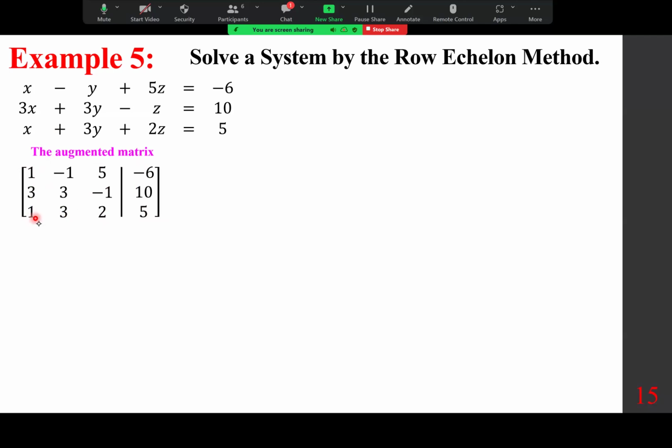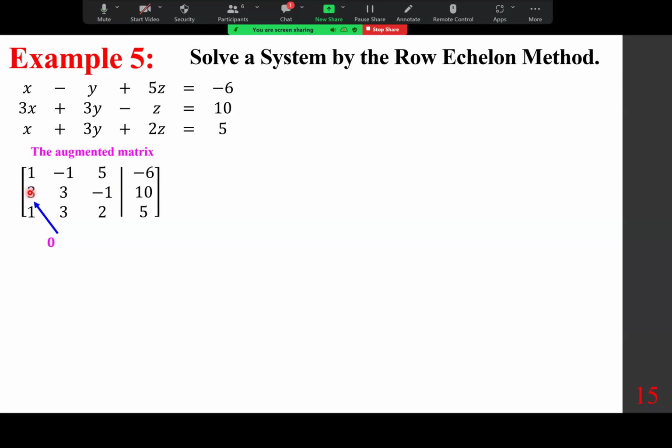Then we want to make this 0. So the next step is to make this one 0 and make this one 0, both of them, not just one of them. So we can do it in one shot. Okay, so let's see how we do that. To make this one